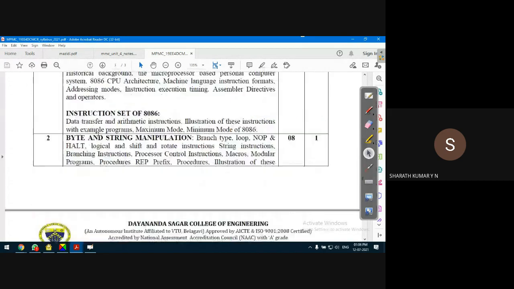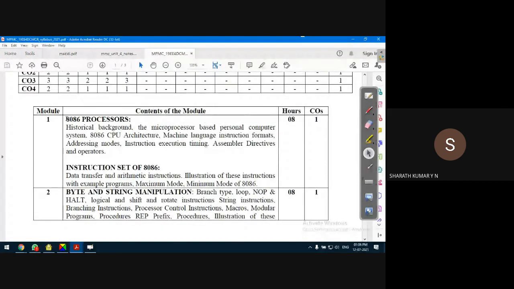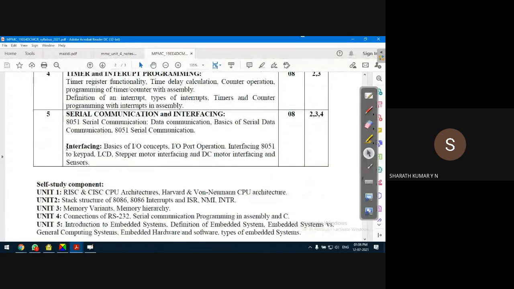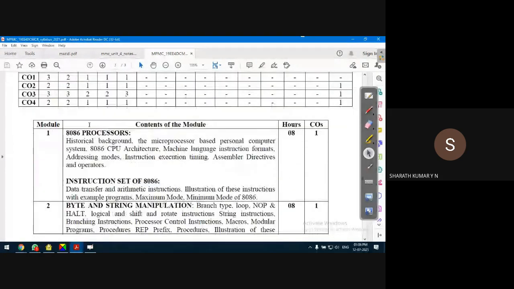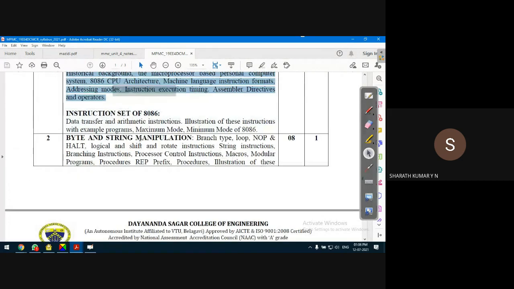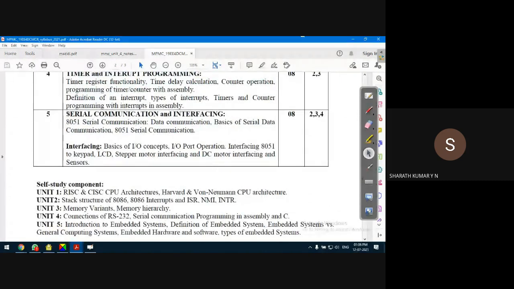After this, we have to start the first unit, that is the 8086 processors part. For timing, we'll take up the interfacing discussion later, because it takes a lot of time, and if it is started, we may not be able to start the first unit. So Satish sir and I decided to start the 8086 discussion after the completion of serial communication.